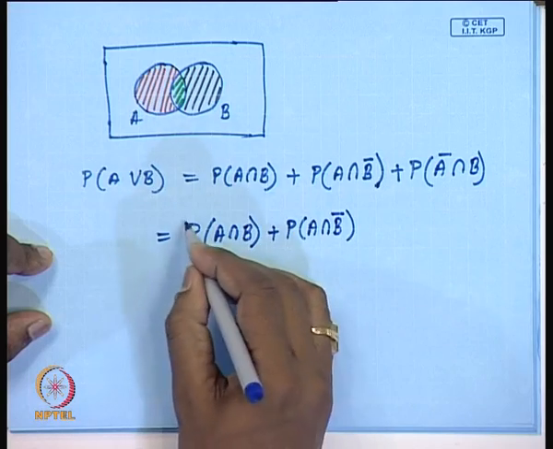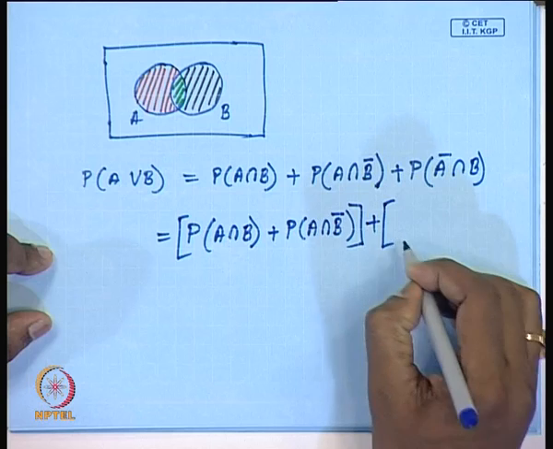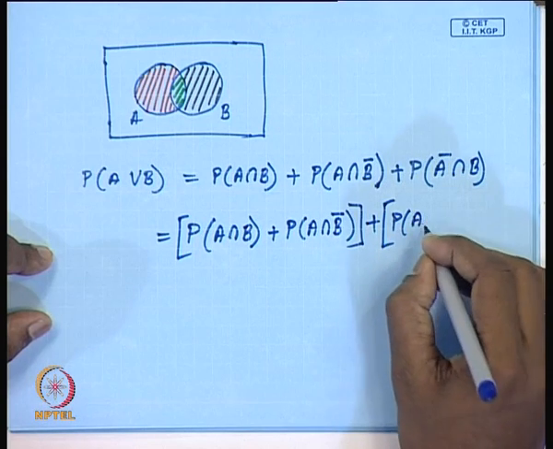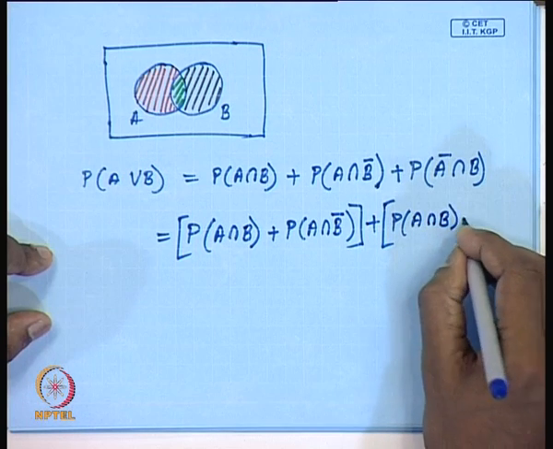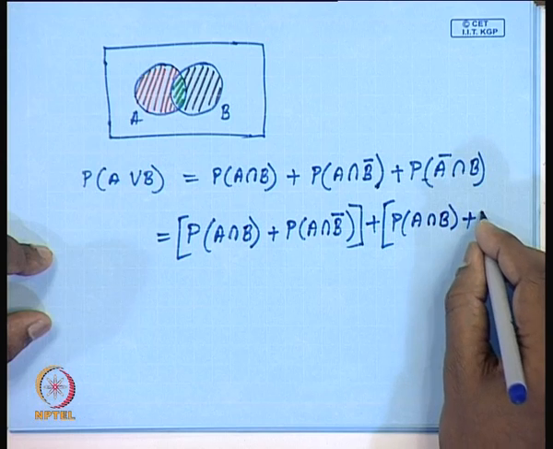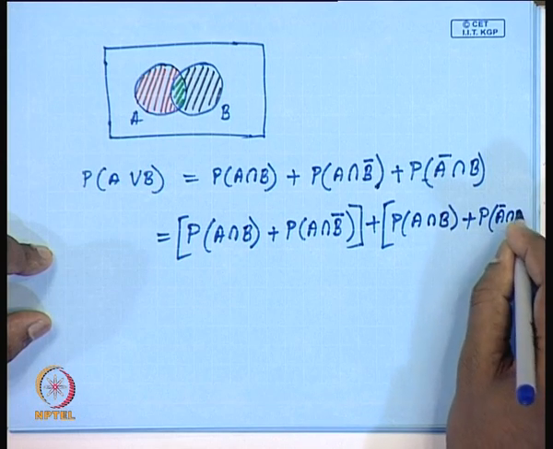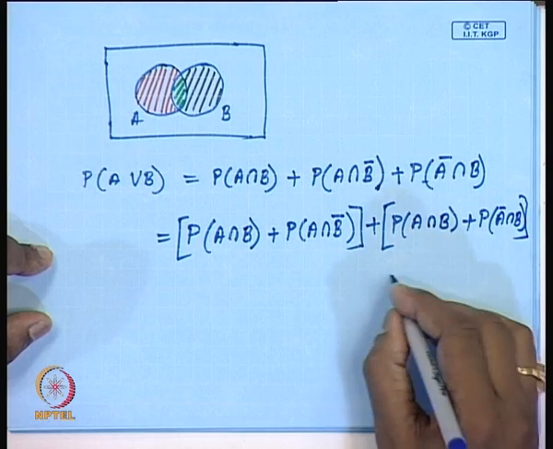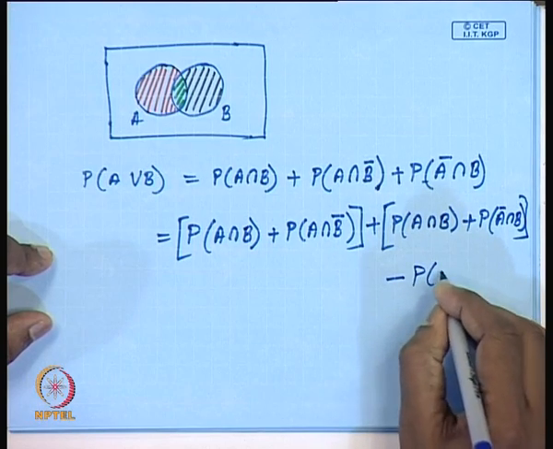I am just clubbing these two parts together, plus I am adding one more part, which is probability of A intersection B, plus I am taking this term, which is probability of A complementary B intersection with B. So I have added one part here, so I have to delete this part to make this equality, probability of A